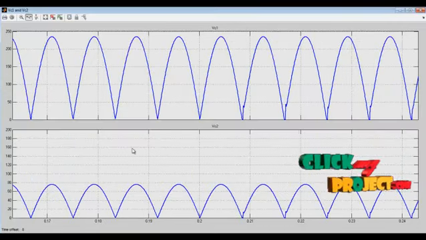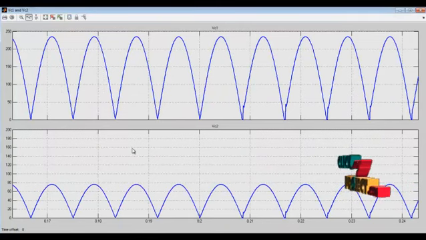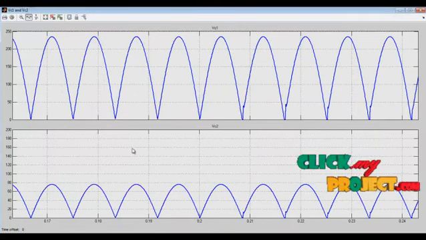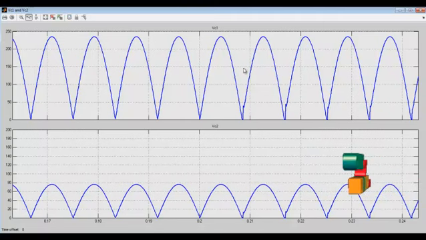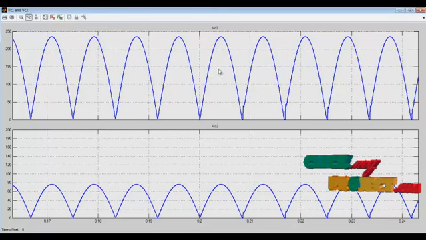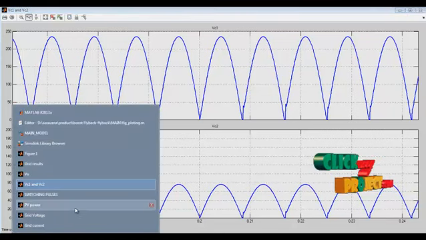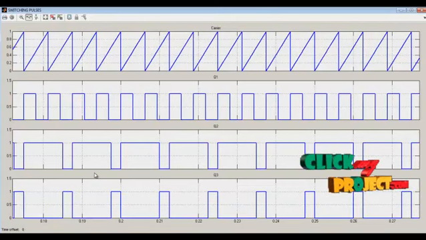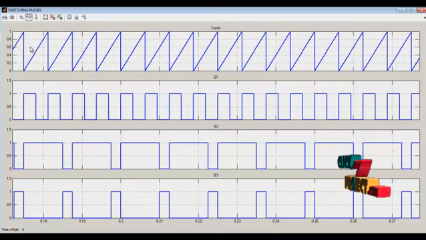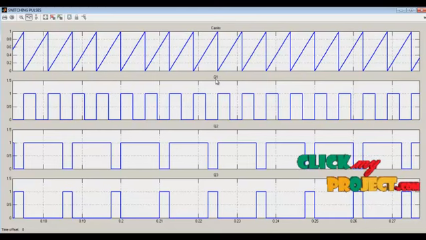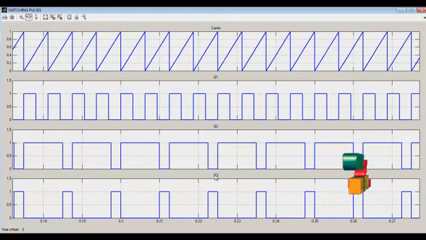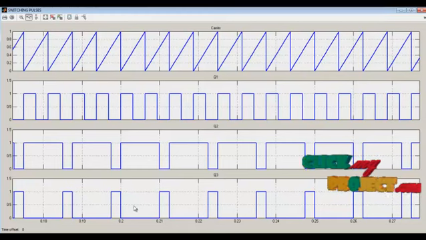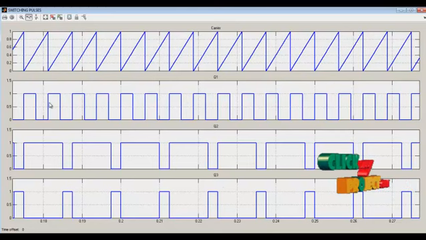This is the hybrid boost flyback to flyback converter capacitor 1 and capacitor 2 voltages, with three different amplitude levels for C1 and C2. These are the corresponding switching pulses of the entire circuit. The first one is the carrier, this is the Q1 switch, and Q2 and Q3 are complementary switches. Q3 is the inverse, and one cycle of Q1 is based on Q2. This is the maximum amplitude level of Q1 and Q2.